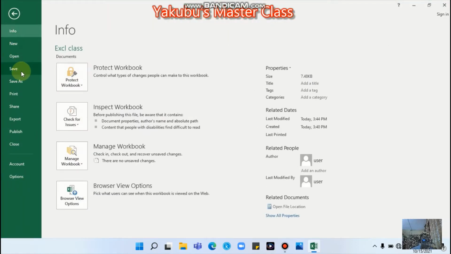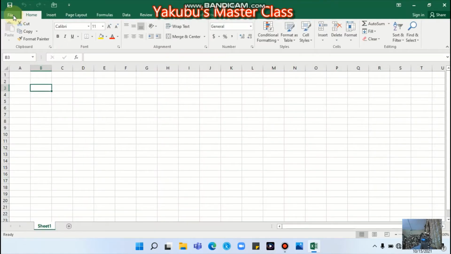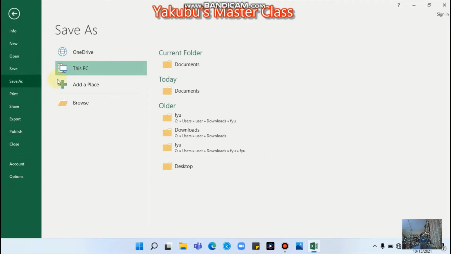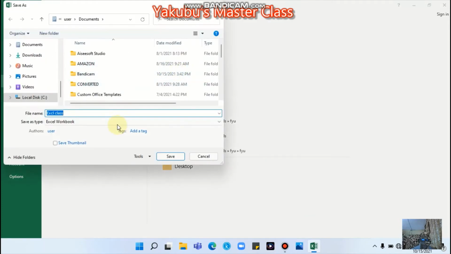So okay, then you now have the file icon. The file icon takes you to the drivers of your Excel. So you want to open a new document, you want to open an existing document, you want to save, you want to save as, you want to print, you want to share, export, publish, and so on. So save. Okay, in saving, when you work with your Excel, you can actually save your Excel as different kinds